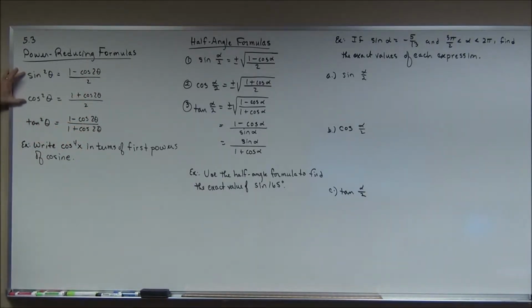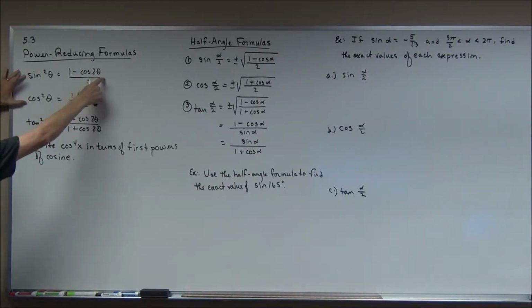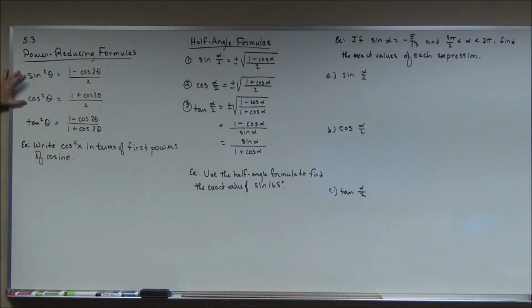Now the first two here, as you can see, are very similar. One's got subtraction, one's got addition. And of course, tangent is sine divided by cosine, so tangent squared is sine squared divided by cosine squared, this over this, which reduces to this. Now, I'll use these two quite a bit in Calc 2 when I'm doing techniques that involve powers of trig